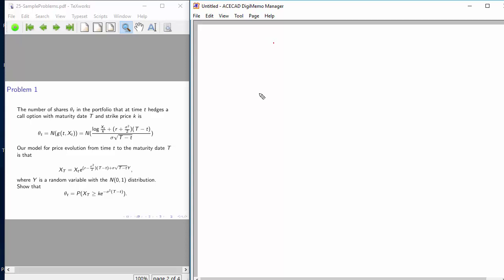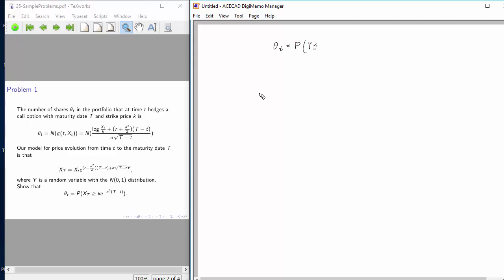Theta sub t. That's the thing that gets multiplied by the share price. And this is the function capital N. That's the distribution function for the standard normal distribution, evaluated for this function that we have been calling lowercase g. So we can say, being the distribution function for a normal distribution, it's the probability of the event,